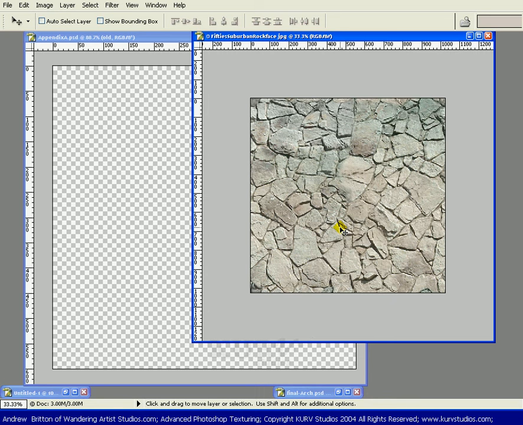Now, with a texture like this, does it really need to be curved? Probably not. And do stones really curve? Maybe not. So probably the gain from going into a 3D application for your uses, it may not actually be worth it to you. So go ahead and I'll take this layer,